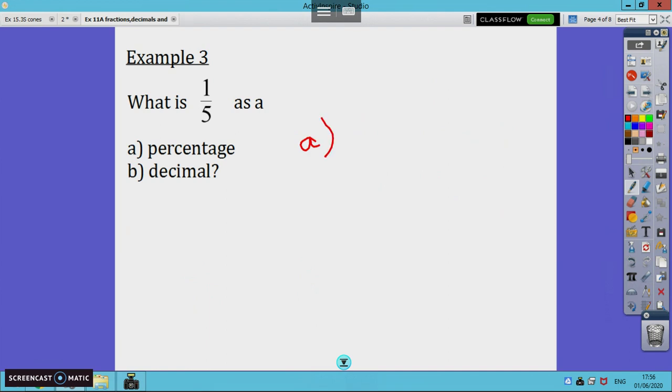So as a percentage, remember it's percent, per 100. So we need to get 1/5 to be something over 100. We need to find an equivalent fraction. What do I times 5 by to get 100? I times it by 20. So I have to do the same to the top to find my equivalent fraction. 1 times 20, 20. So 20 over 100, that means 20 per 100,